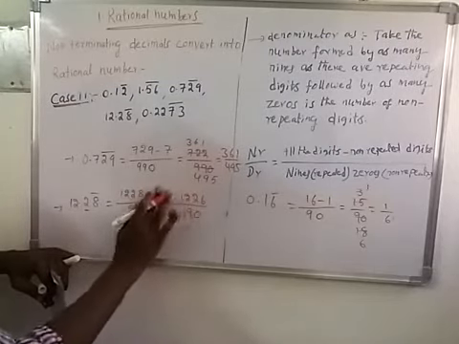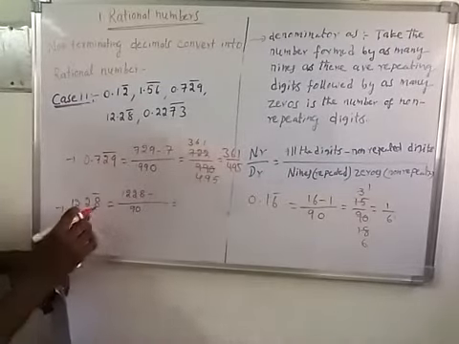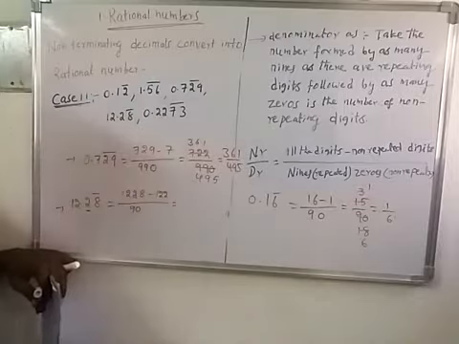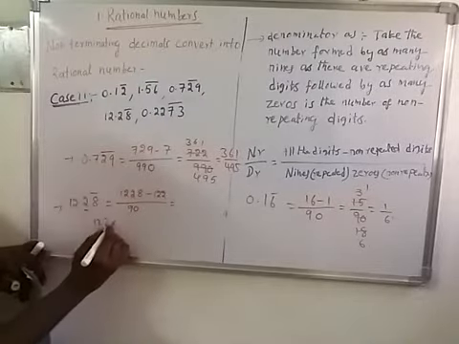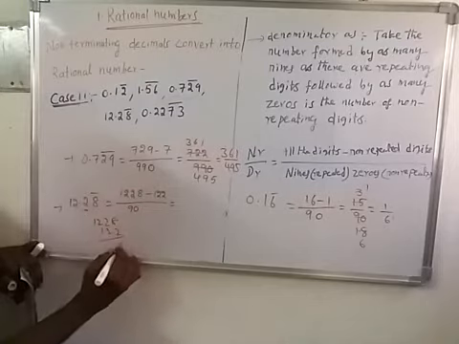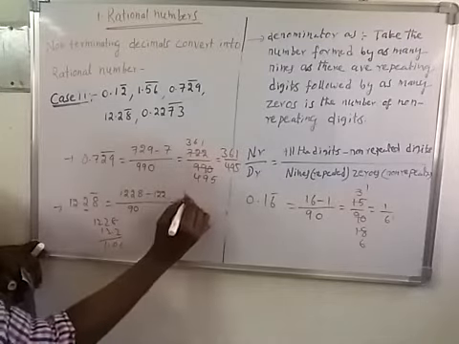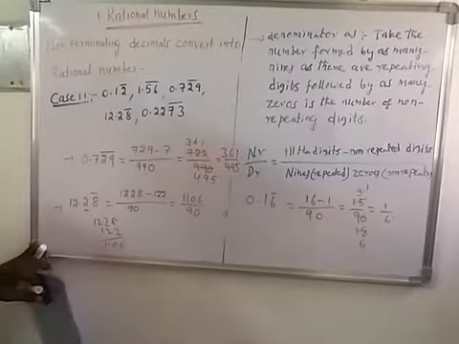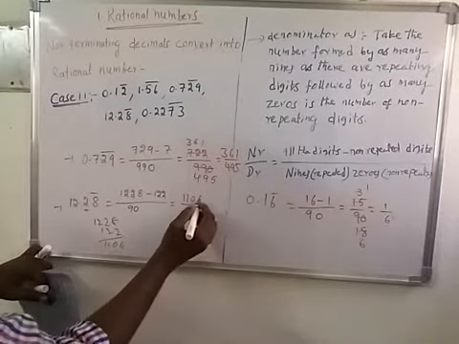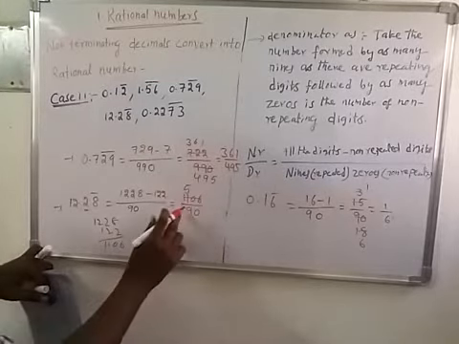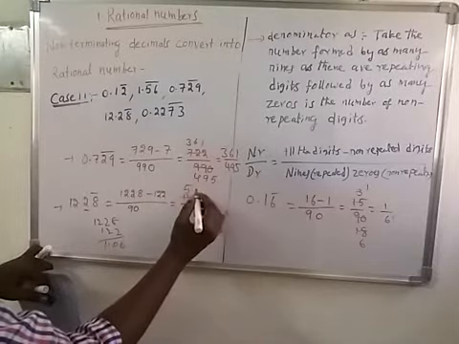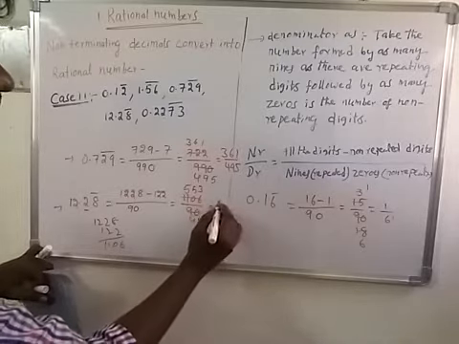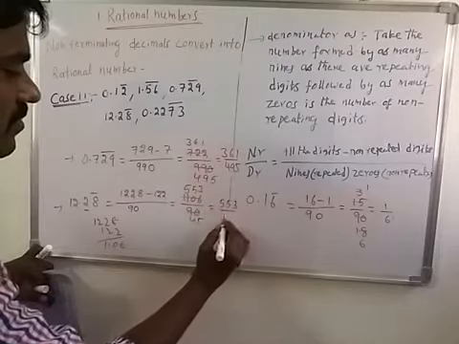Sorry. So we take the non-repeated, that is 122, by 90. So 1228 minus 122 is 1106 by 90. Now this is cancelled with the 2 table. 2 5 is 10, 1 remaining, 0, that is 10, 2 5 is 10, 2 3 is 6, 2 45 is 90. That equals 553 by 45.